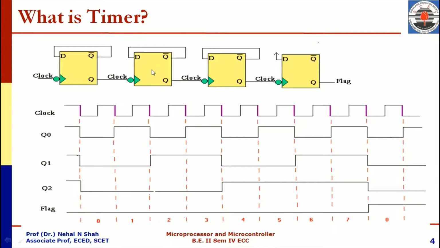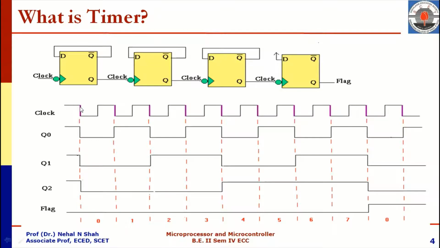Arrangement of the second flip-flop is similar to the first flip-flop, the only difference being the clock signal. For the third flip-flop, clock is available from the second flip-flop. And finally, for the last flip-flop, the final output is generated. The waveform of all 4 flip-flop outputs is shown in the figure below.